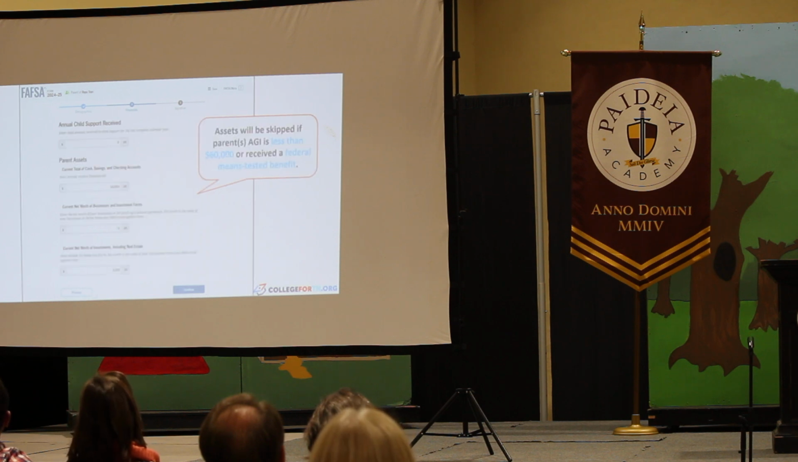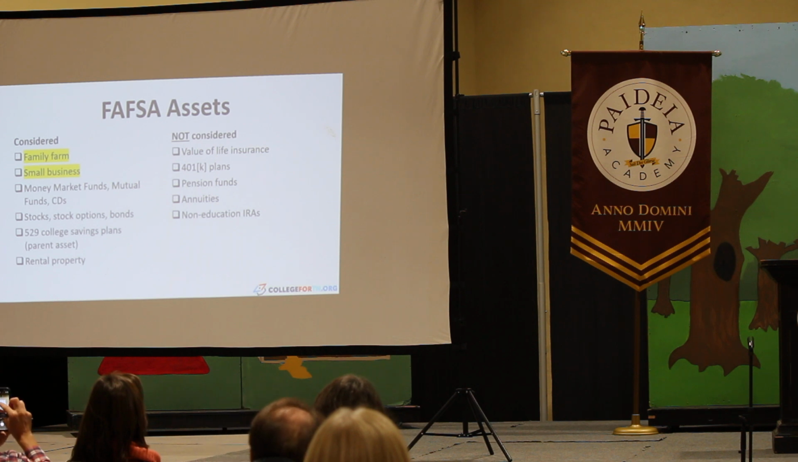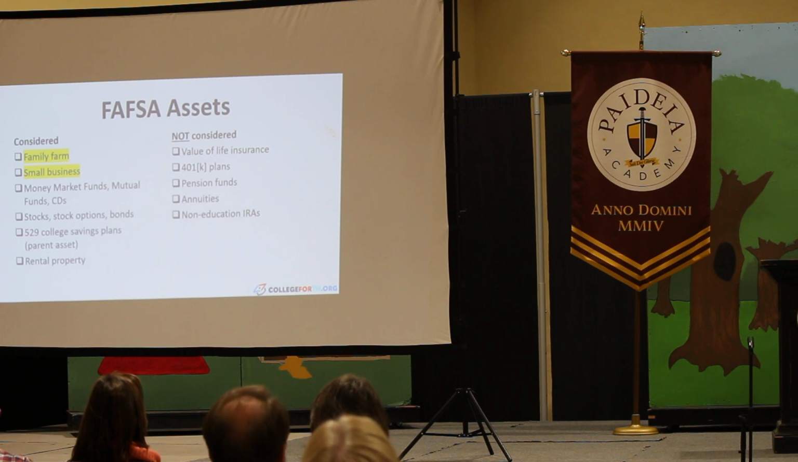All right. If parents make less than $60,000 for the 2022 taxes, their assets will be skipped. And let's talk about assets that are required on the FAFSA. So if you do make more than $60,000, you will be asked about your assets. New this year, it will ask the value of your family farm. If you own a small business, again, the value of your small business, money market, mutual funds, stocks, 529 plans,